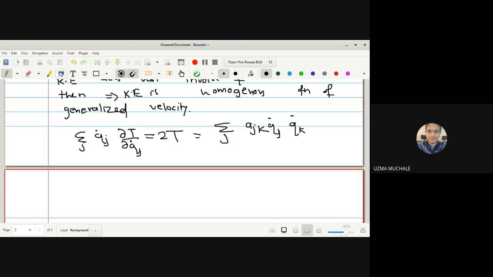Here first we have to take the help of whatever is given to us. So what do we know now? 2T is equal to, and here the value of this also we have to take from the first chapter. We have written that it is equal to summation over j pj qj dot. The value of this is pj. In the last lecture I showed how it is pj, for those who remember the last lecture.